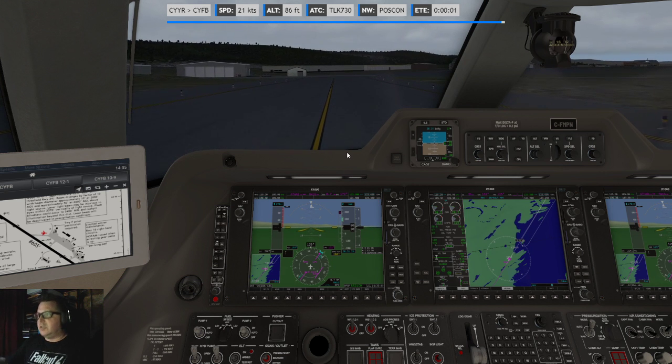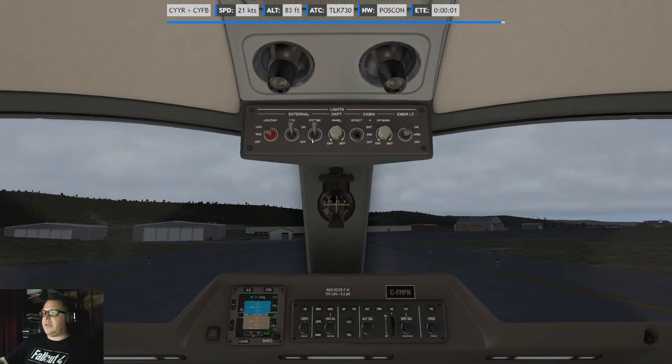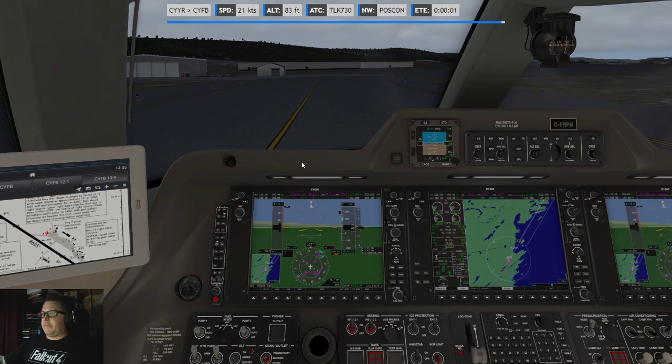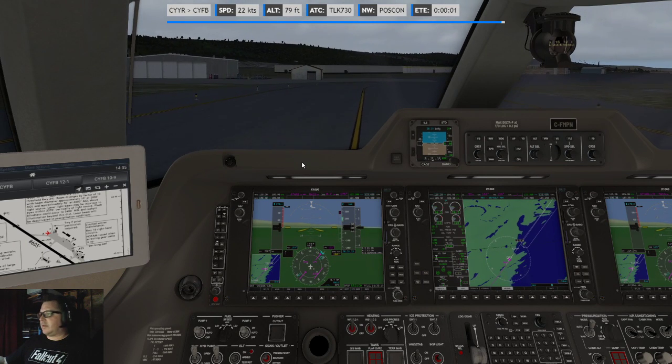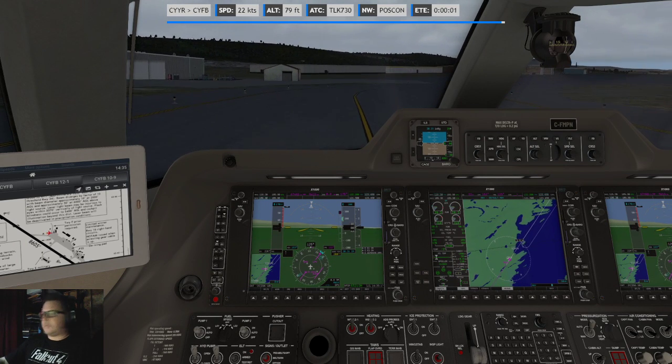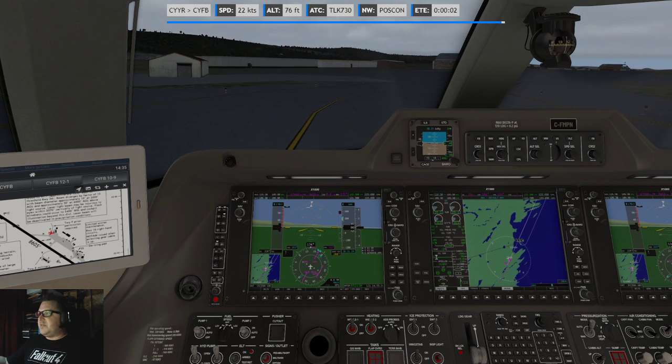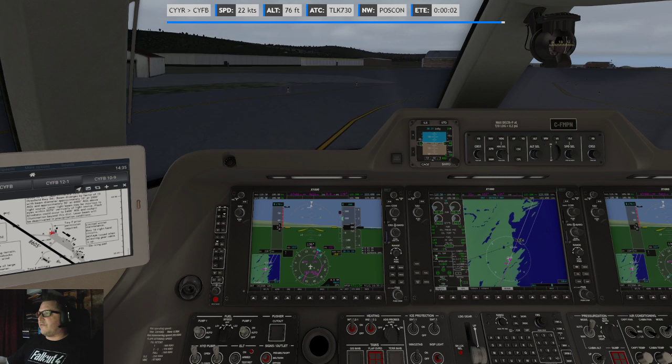Damn. Alright, taxi lights, strobe lights are off. As my PC is struggling to survive.